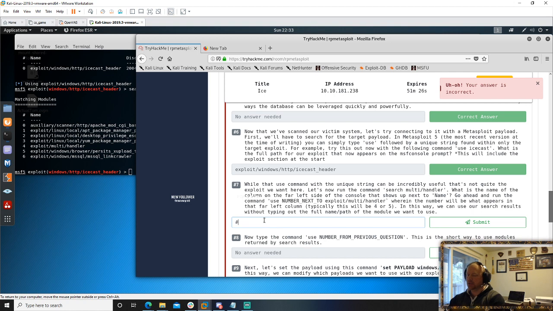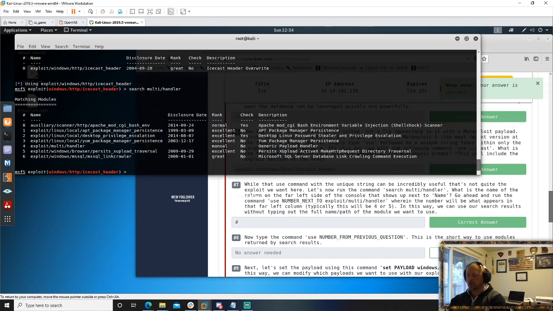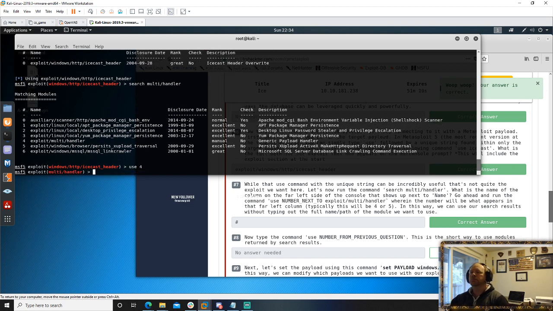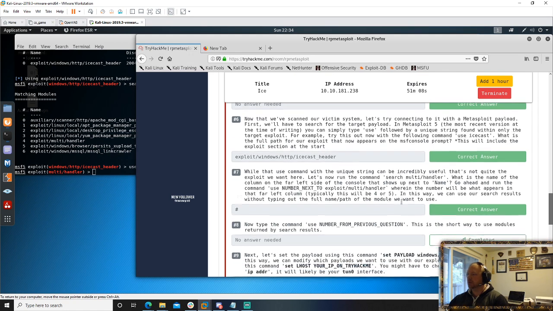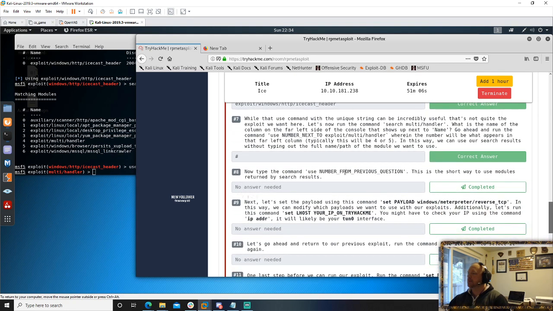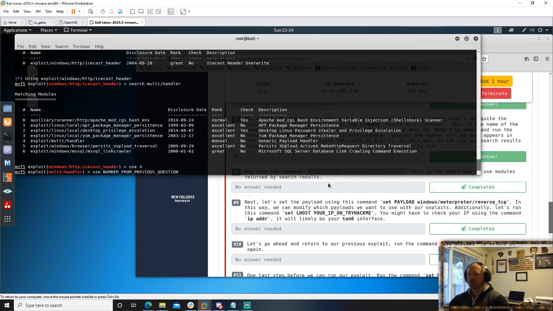And I bet this is the wanting to put the pound sign there. Okay, so use 4. Okay, so we're basically searching a database for different exploits. And we are going to use this one, because that's what the TryHackMe room tells us to. So now type the command use number from previous question. Okay, that's silly, but